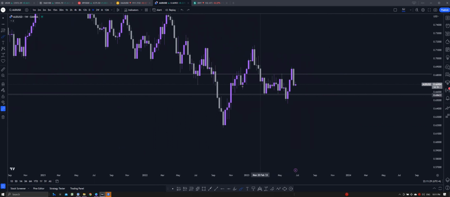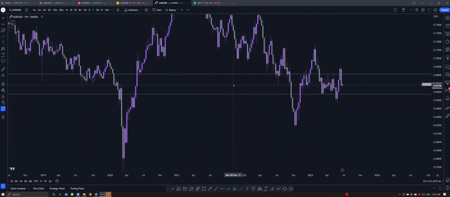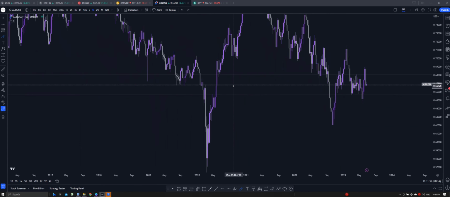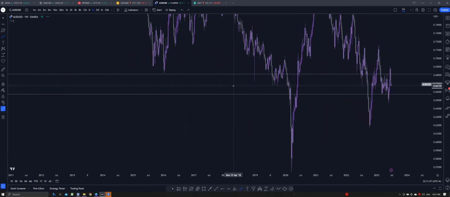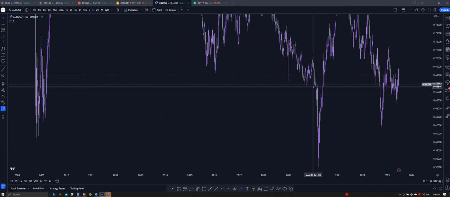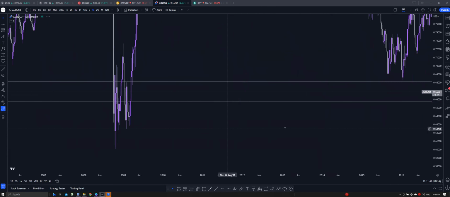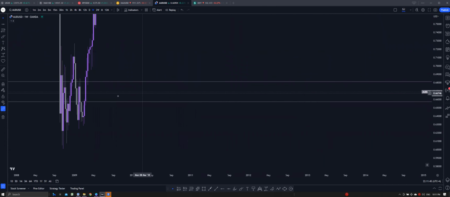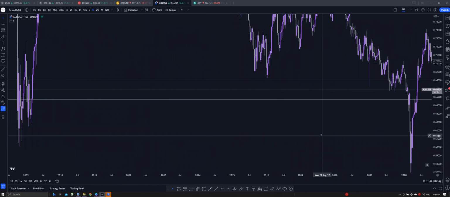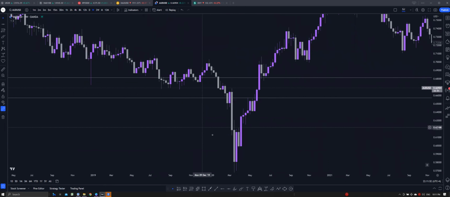So now that I have marked off, I'll see if there are more areas in between here which are valid. There seems to be one, but it's not perfect, right? So every time you don't have a clear picture, always scroll a bit towards the left. Over here, this price action is extremely old. This is 2009 price action. That shows you the state of the market at the moment. But